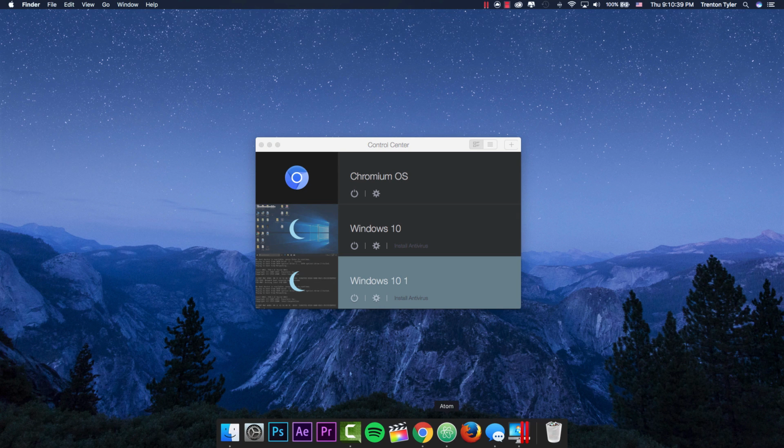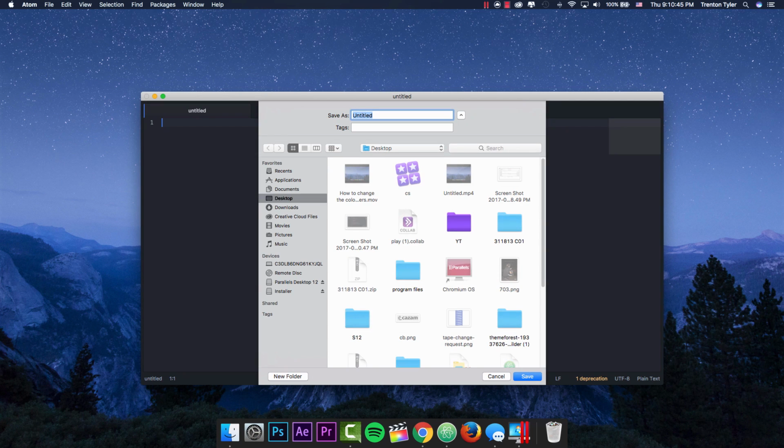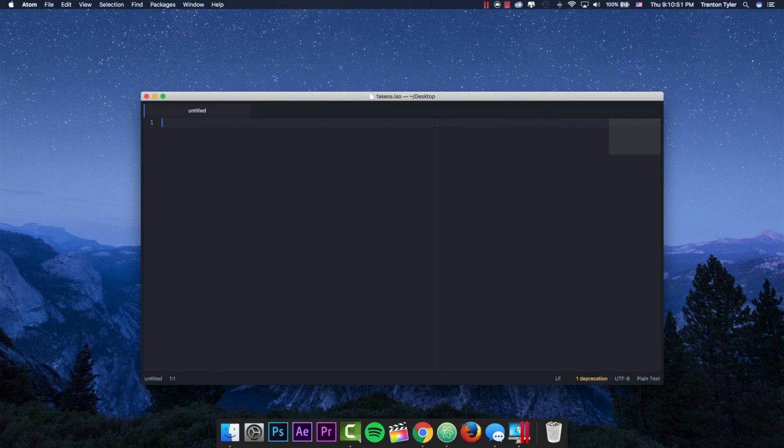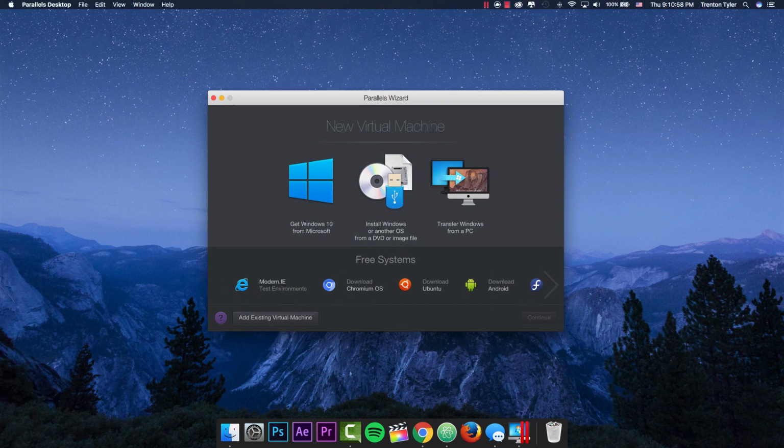So I am going to just really quick create a fake ISO file so I can show you guys how to create this. So I'm just going to save this as Windows fakeos.iso. Save that to my desktop, and then we can go ahead and click the new button up here, and then in the Parallels wizard, go ahead and click Install Windows or other OS from a DVD or image